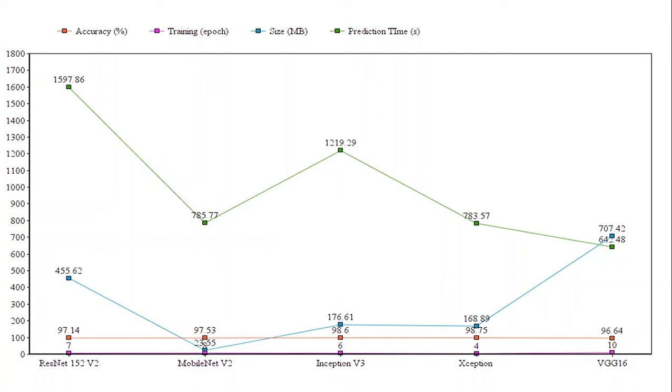The next is Xception net. We gave 4 epochs to Xception net. The size of the model is 168.89 MB, and it took 783.57 seconds to predict the result. For the VGG 16 architecture, we gave 10 epochs, which was the maximum training time of all of them, but it gives the minimum prediction time, which was 642.48 seconds,